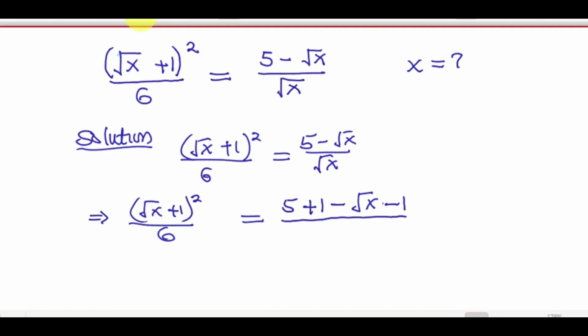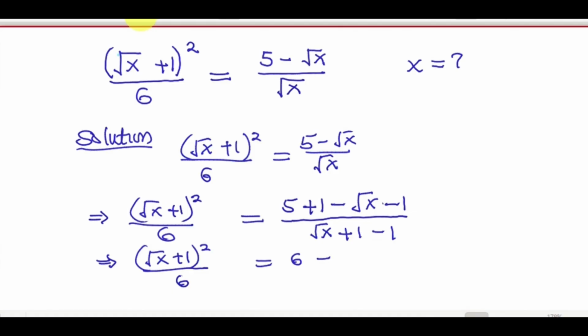Similarly, from the bottom, if I have root x and I add 1 and minus 1, I'll still not change anything. But this equation will now become root x plus 1 raised to the power 2 over 6 equals 1 plus 5, which gives us 6,